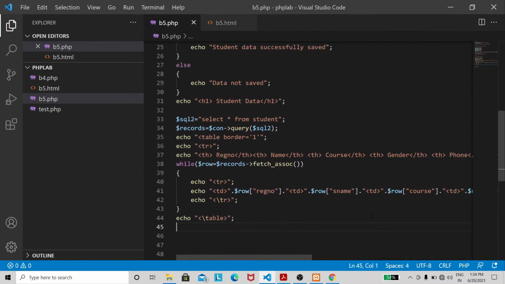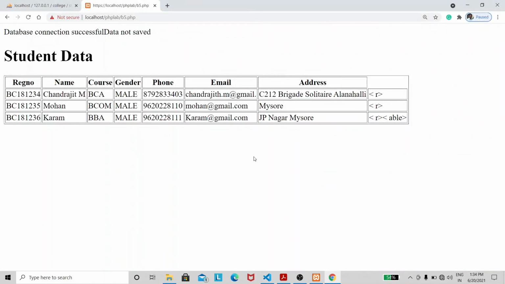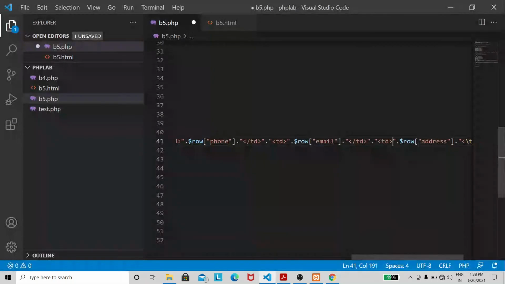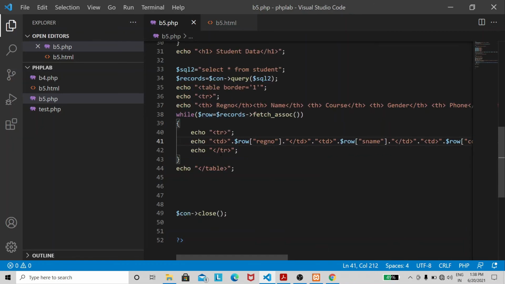Code seems to be all right. We'll see whether we'll get the results properly or not. There's a problem in the table. Let's fix it. The closing tags were not proper. Okay, I think now we are good to go.